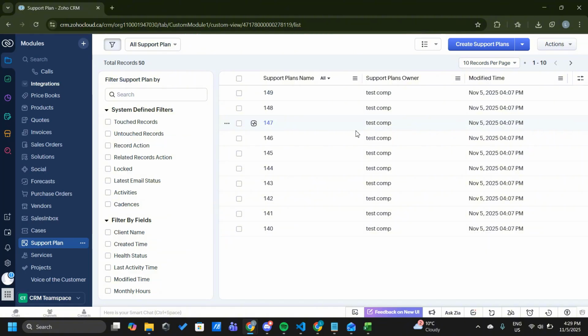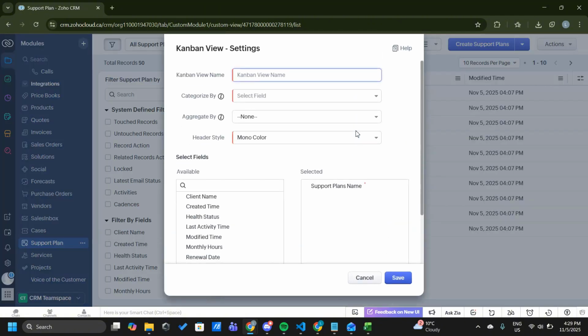Now, if you don't already have an existing Kanban view, this is going to open up this window here, which allows you to create your first Kanban view. At the top here, we can fill out this form to build our Kanban view. I'm going to put a title here. When you're giving your Kanban view a title, you should give it a title that's related to what it does. So for us, this is just to manage support plan